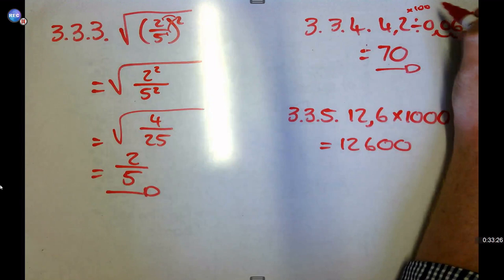Then our next question, 4.1.2, 3,76 times 0,2. Write this over one another like this. Okay? You're going to solve this like you would solve a normal long multiplication question. Don't worry about the commas, we'll sort that out later. But one thing that you can look at is you'll see that there's 2 decimal places there and a third one over there. So your answer should have 3 decimal places.